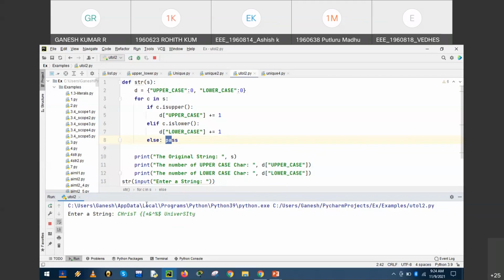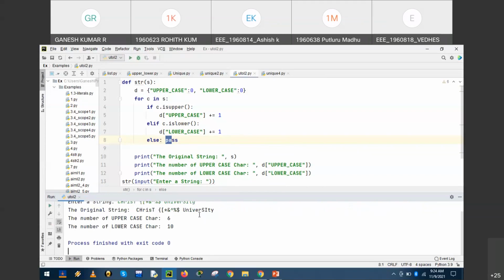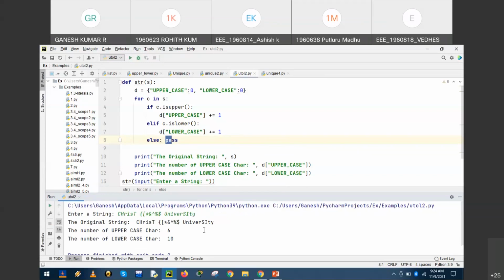Right. So our input has uppercase, lowercase, blank spaces, and some special characters and operators. The same Christ University, the number of characters is 16, right?